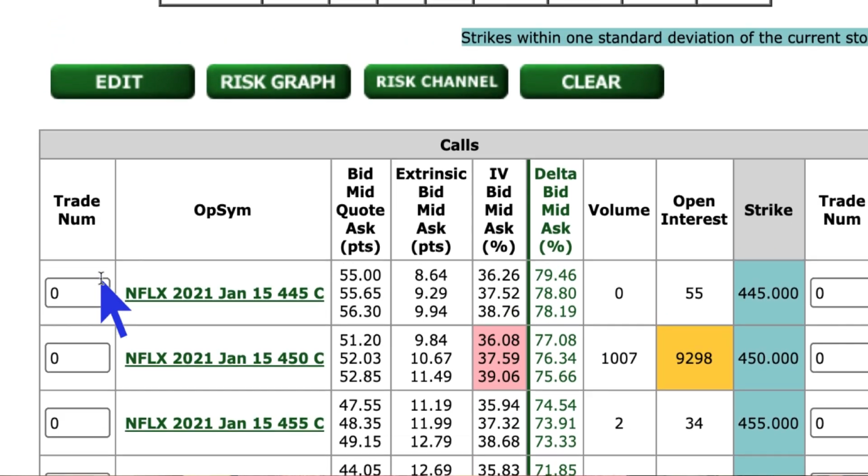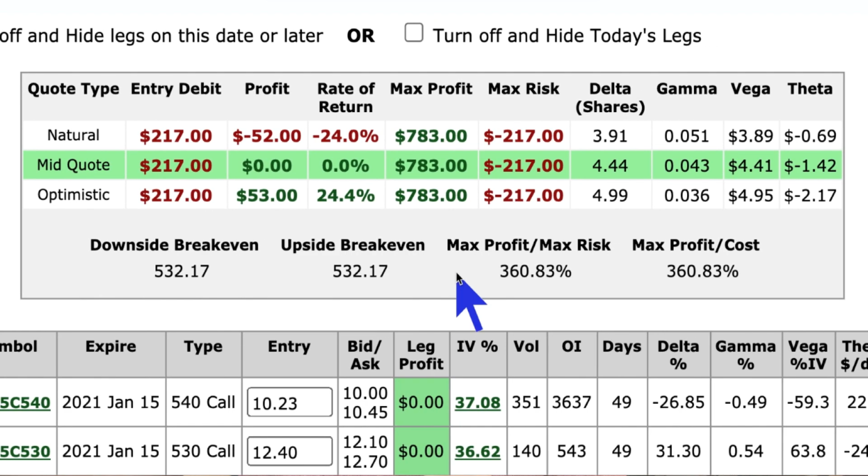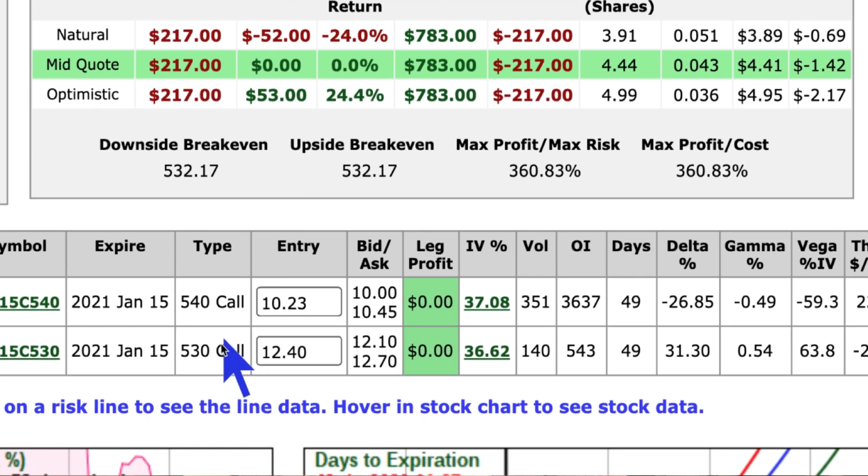And if I just come up and click on risk graph, this will give us some details. And the details we're looking at is now this is not a $2,740 trade. This is a trade that can be put on for right now $217. Now let me remind everybody who's watching the video: A, this is not a recommendation. B, this is something I'm going to be looking at on December 11th. I'm just prepping myself right now.